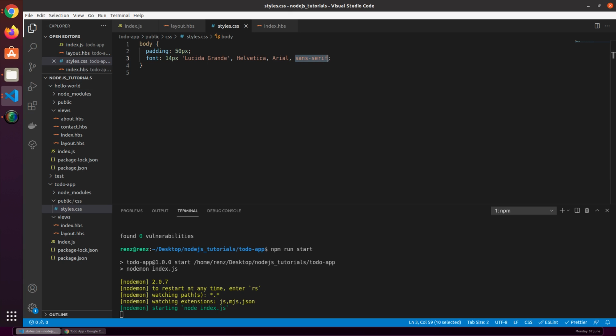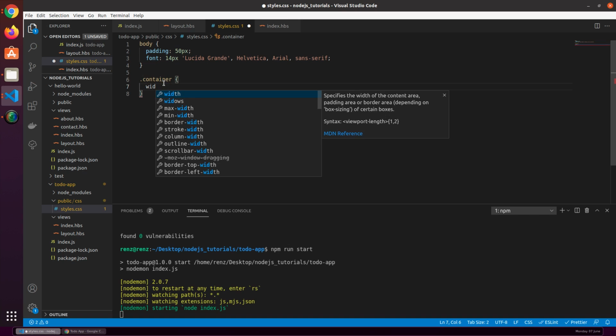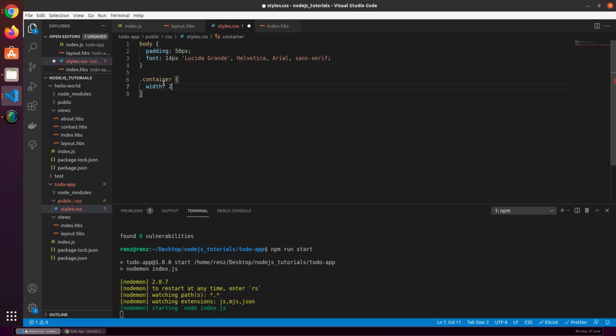Okay, and sa container, okay, class man to siya, so that container siguro width nalang ta 25%. Okay, and then margin top 1 em. Okay, so actually sa CSS kay need gud siya i-terminate with semicolon. Okay, so sa form na to, okay, that form